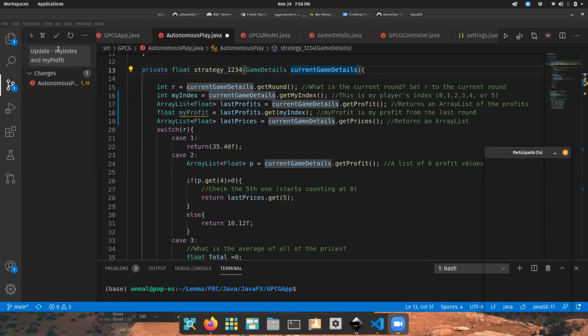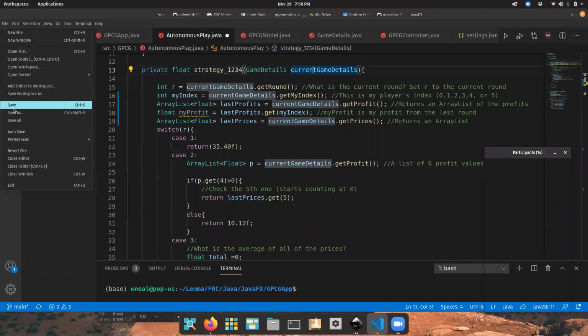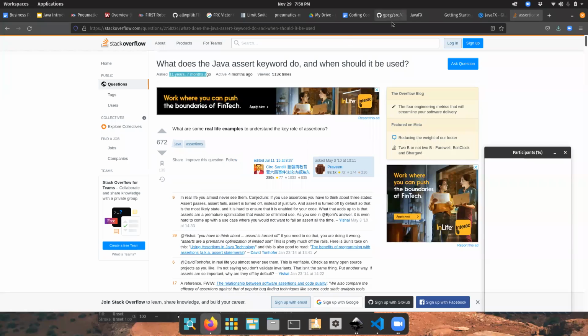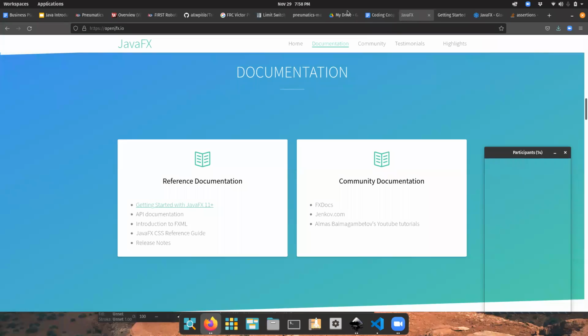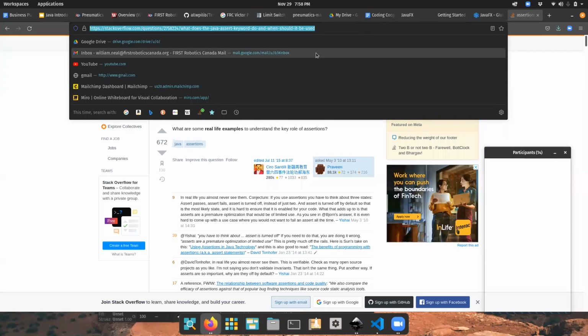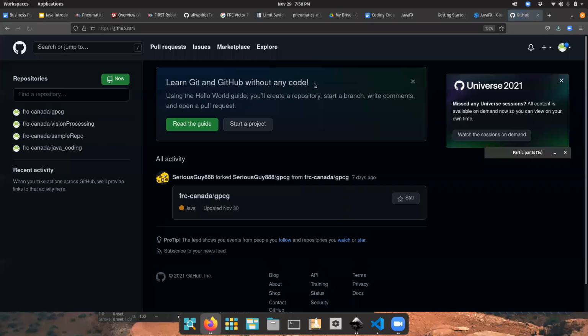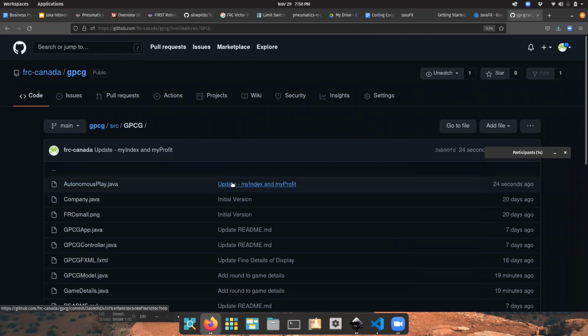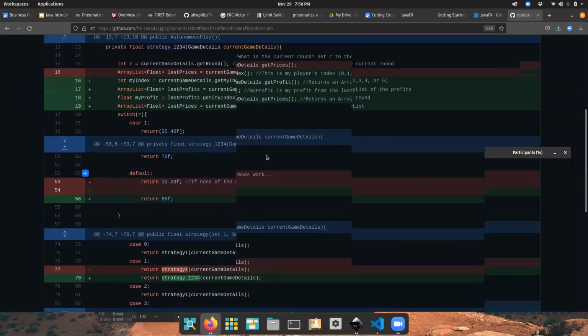Okay, so I'm setting the message here, update my index and my profit, just double save again, stage those changes and push them to the internet, and double check that they made it. We'll go back here to the, oops, I have to get the zoom out of there. Autonomous play updated my index and my profit. There we are. So hopefully this example here will